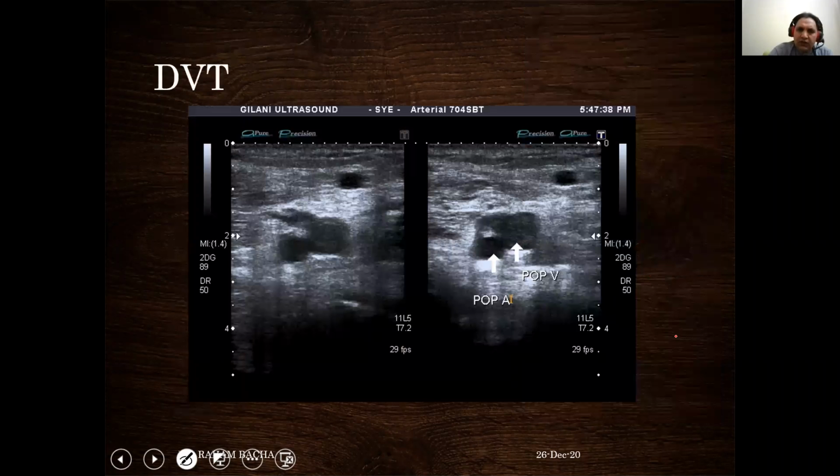And during compression, here you can see this is the image without compression, and this is the common femoral artery, this is the great saphenous vein, and here you can see